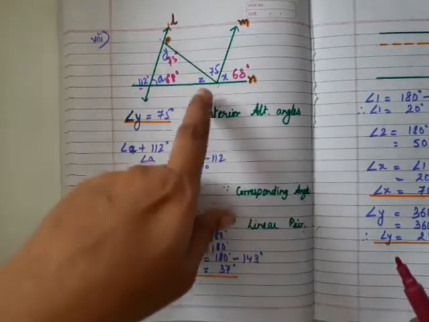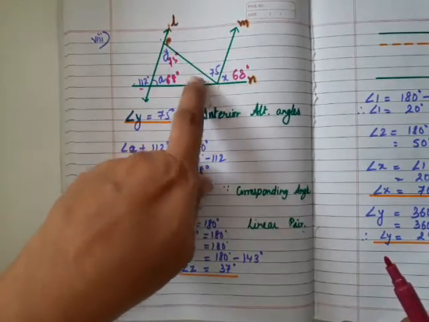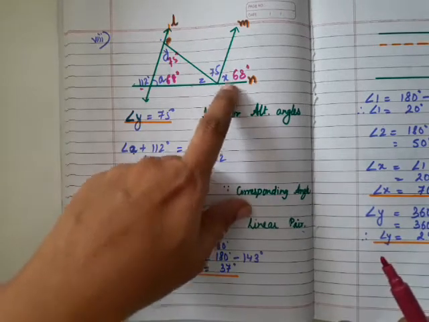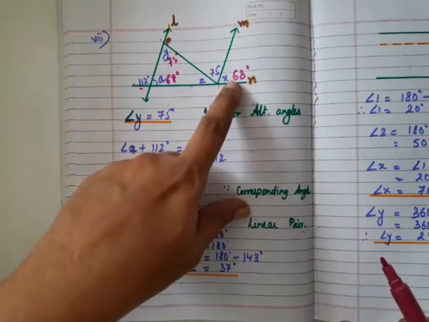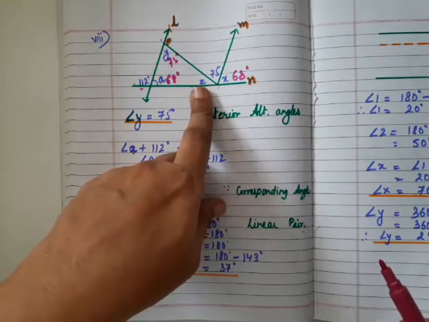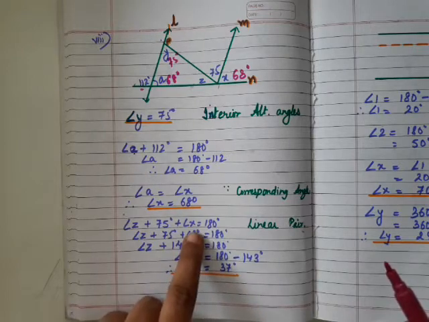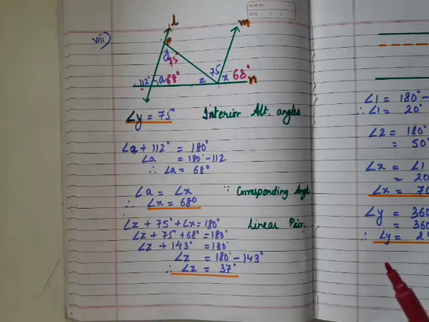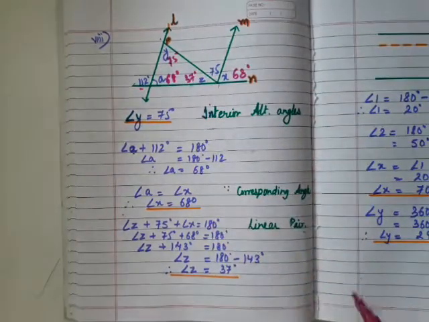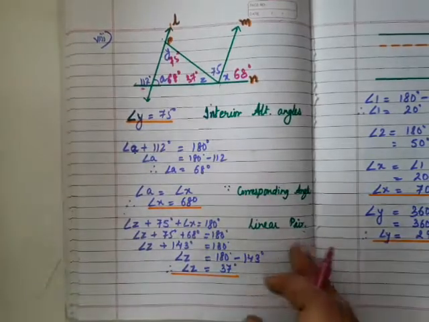Okay, now if I see the straight line over here, on the straight line, what three angles come together and form the line? Out of that, two are known to me, 75 and 68. So you can just subtract the sum of that from 180 to get the value of Z. So same we have done here, Z plus 75 plus X, that is 68, is 180. So the value of Z comes out as 37 degrees. So this is 37 degrees. Okay, as I told you, you can find out the value of Z with the angle sum property also.